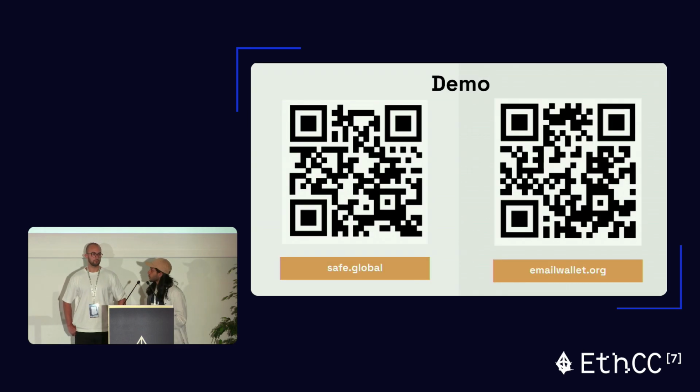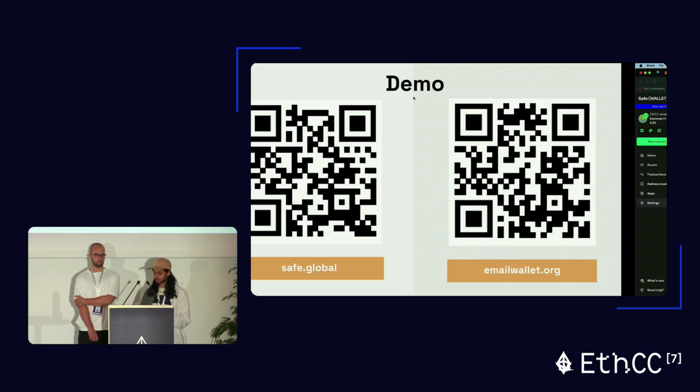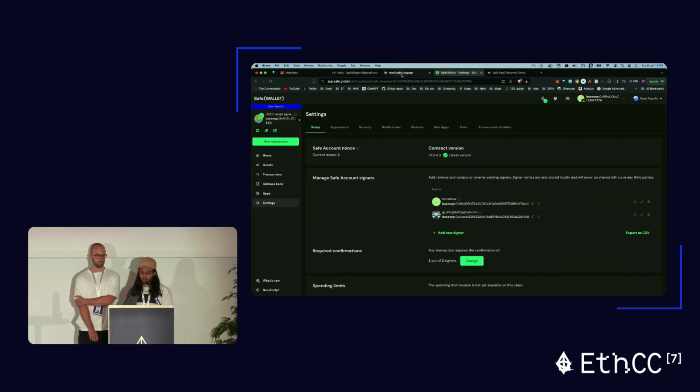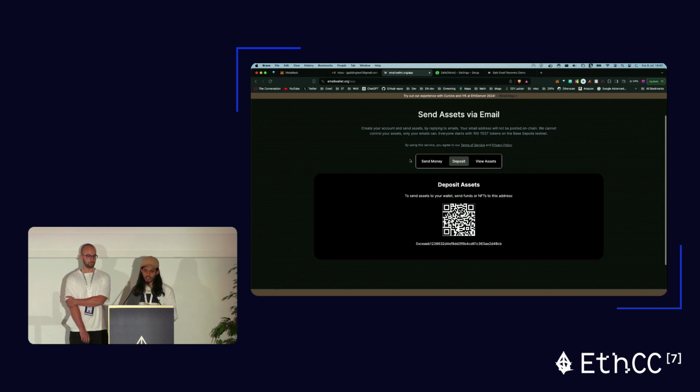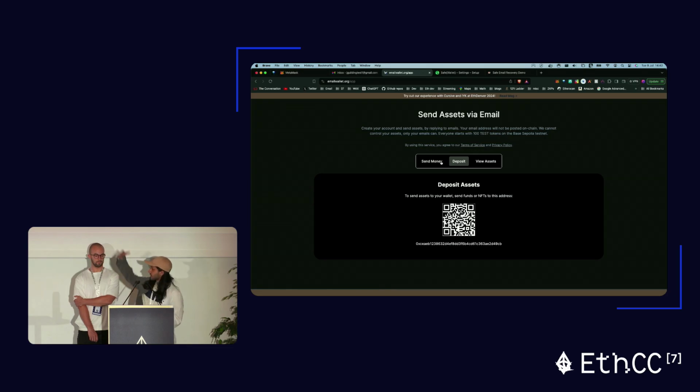And so we have a live demo up, which you can try by scanning emailwallet.org or setting up a safe on safe.global. We'll go through the whole flow here for you as well, live, so that you understand how it works. So what I've done is, prior, I've gone to emailwallet.org and I've signed up with my email. That is, I've put in my email and I've replied to an email allowing me to create my account. It's now created a smart contract address,